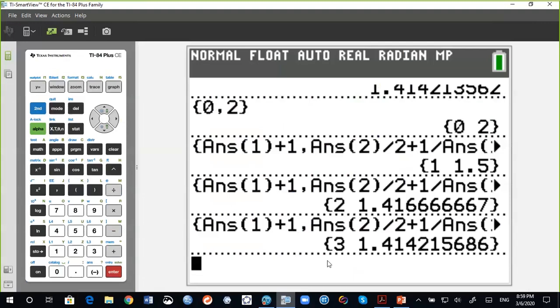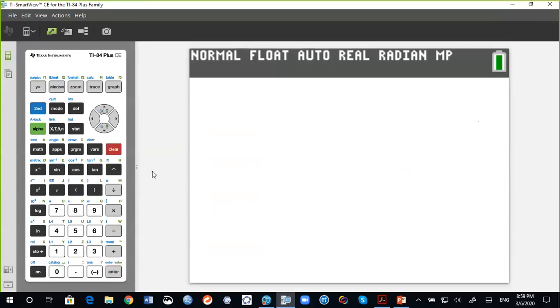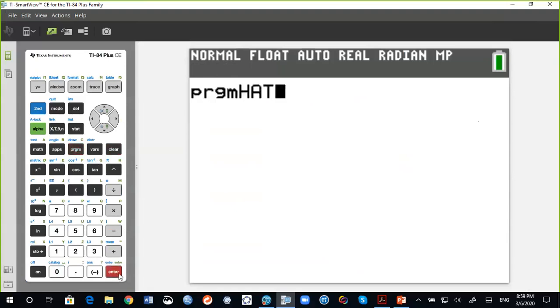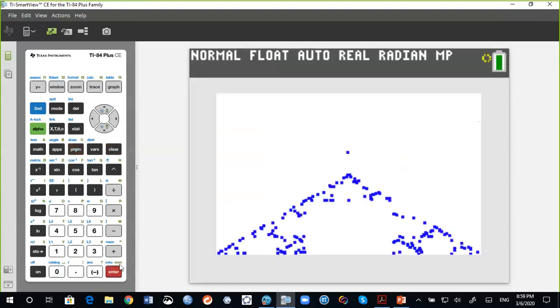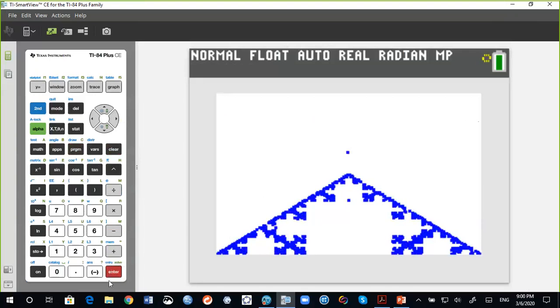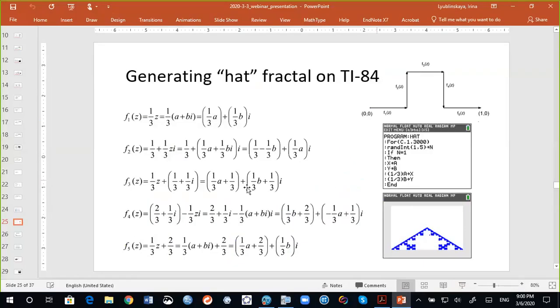This program is also available to you with all the other materials. So this is that program, so I'm going to run it, and let's see what happens. So here we have 3,000 iterations, and you may notice that we started randomly in the square 1 by 1, and starting from those points, it creates a fractal, and it can start at any point and always will create the same kind of fractal. I'm not going to run it again, due to time, but let's continue with our exploration.